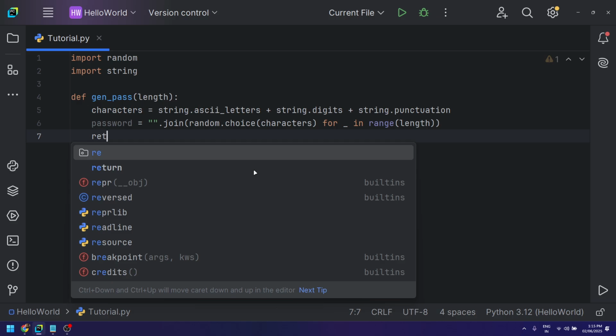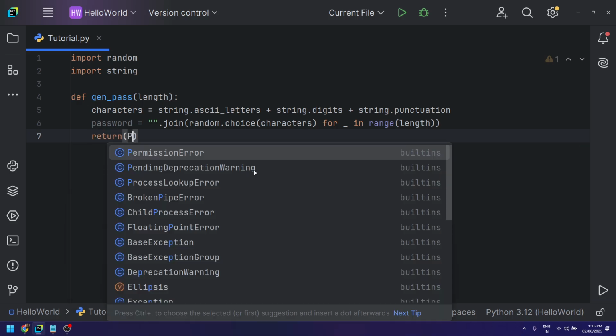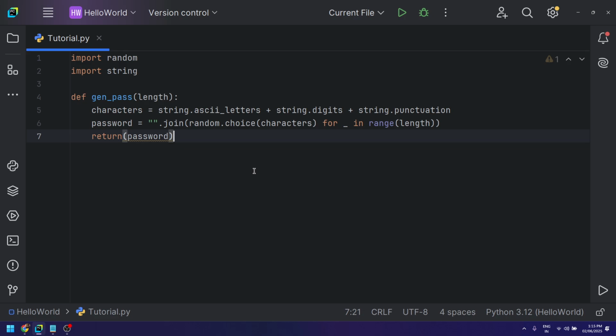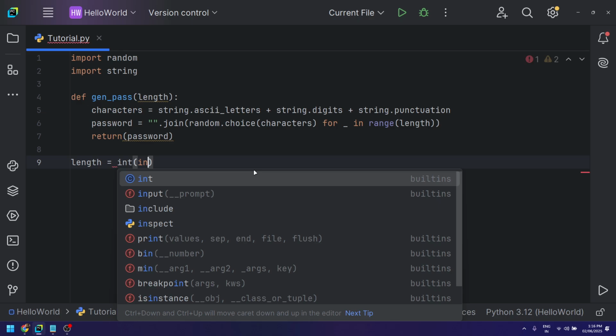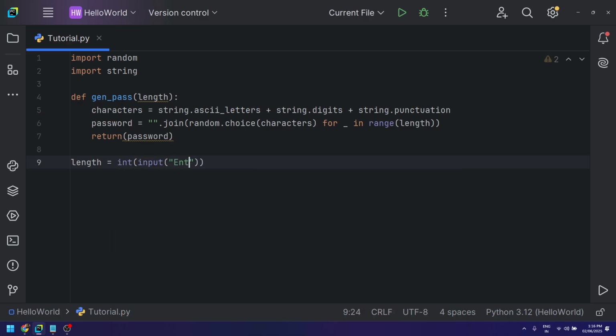And now we want to return password, and then I make length is equal to integer input, enter length,